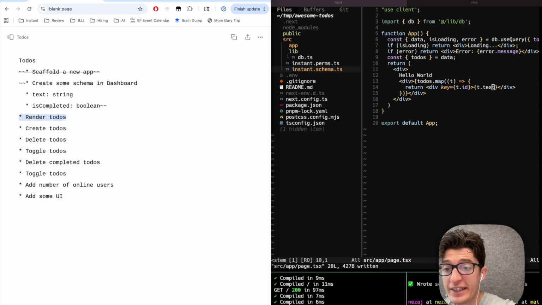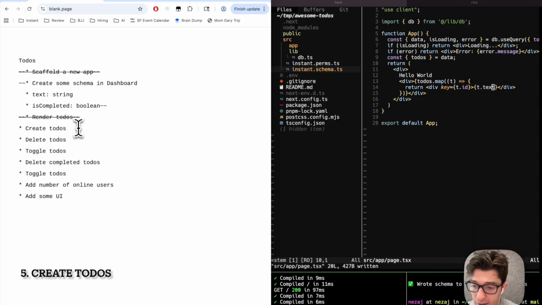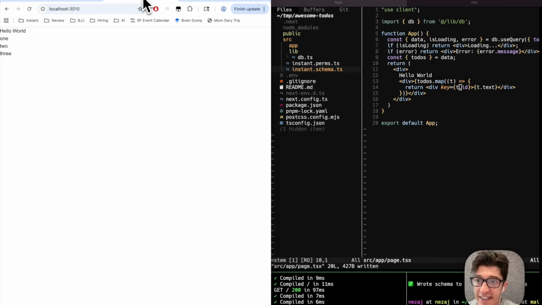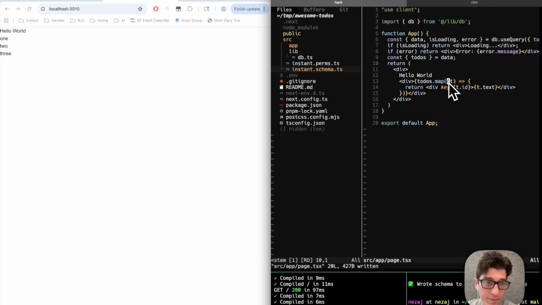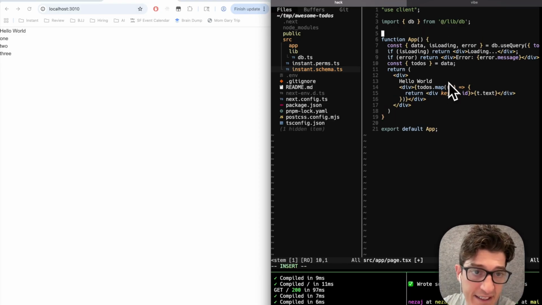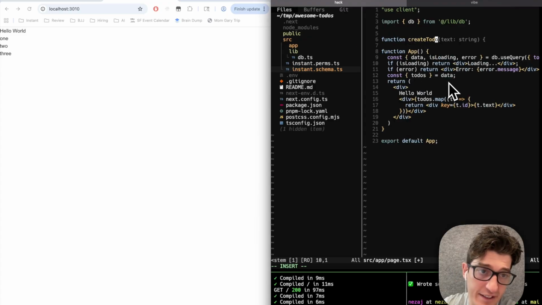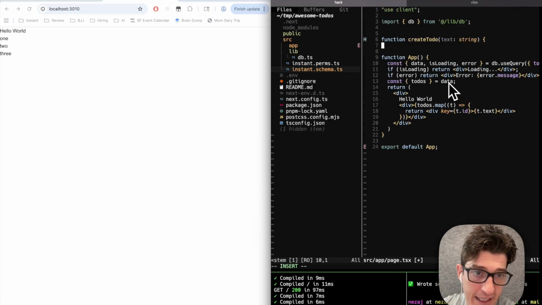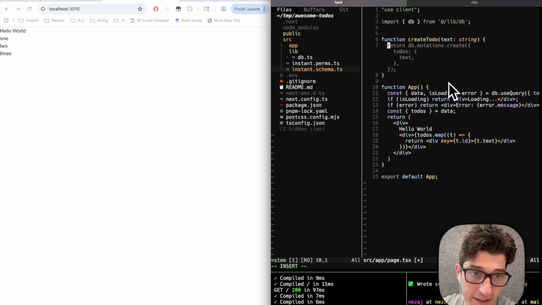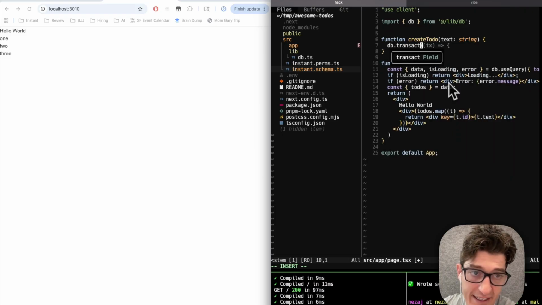Alright, now let's actually create some to-dos. We technically created some in the dashboard, but we want a way so that we can create them in our app here. So let's add an input here. Well, actually, first I'll just create a function for creating to-dos. So we'll say createTodo. Yep, it'll take some text. And what we'll do is db.transact, tx.todos. We're going to import